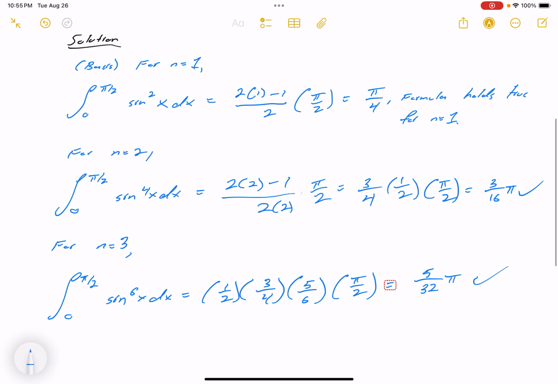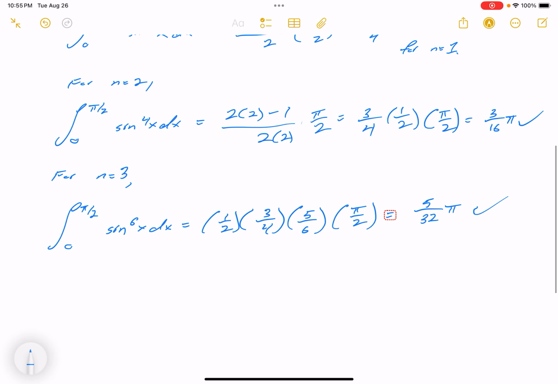So now that we found out that this is pretty much valid, we are going to make our assumption. Assume that for any, let us name this value k, for any k that is greater than or equal to 1. So k can be any integer, any whole number. For any k that is greater than or equal to 1,